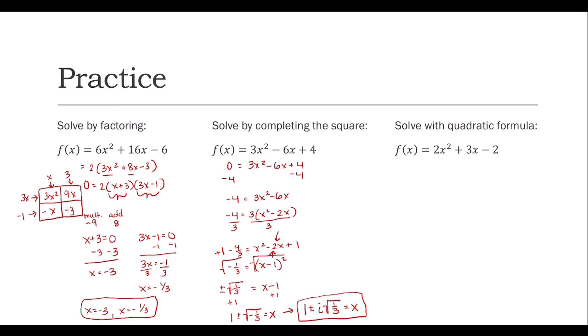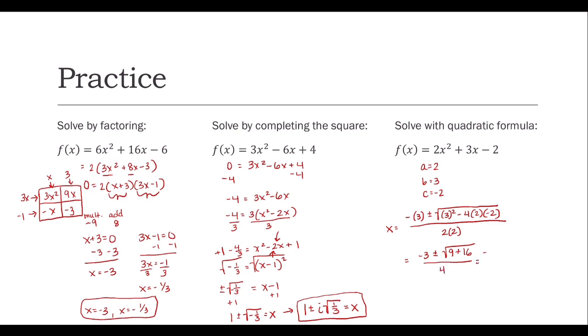Finally, we have to solve with the quadratic formula. So here our a value is 2, b is 3, and c is negative 2. So we have x equals negative b plus or minus the square root of b squared minus 4 times a times c all over 2a. So that's negative 3 plus or minus the square root. 3 squared is 9. We've got two negatives, so it's going to be plus 4 times 2 is 8 times 2 is 16, all over 2 times 2, which is 4,